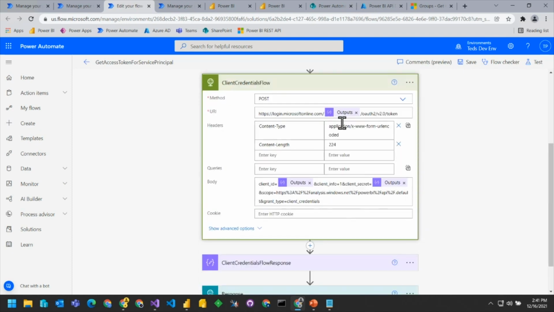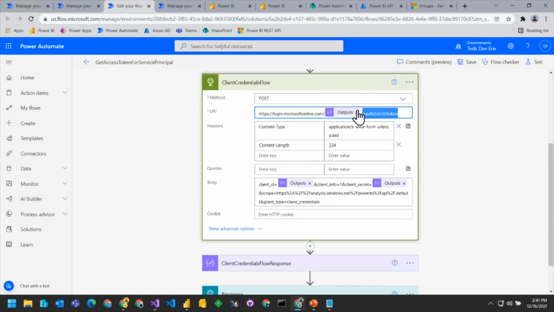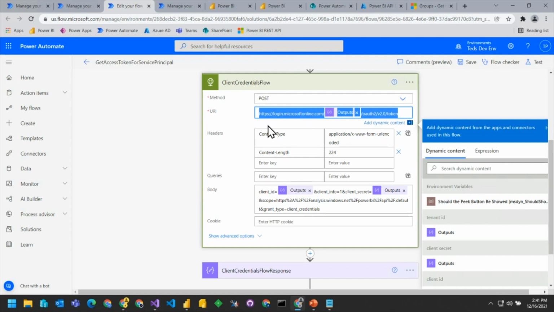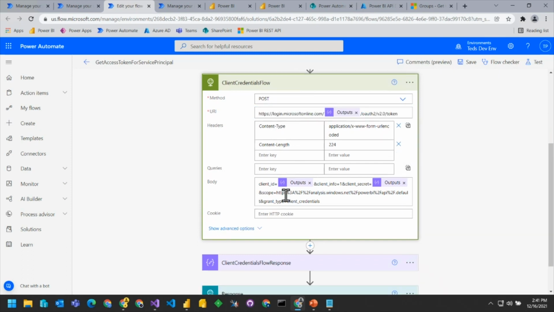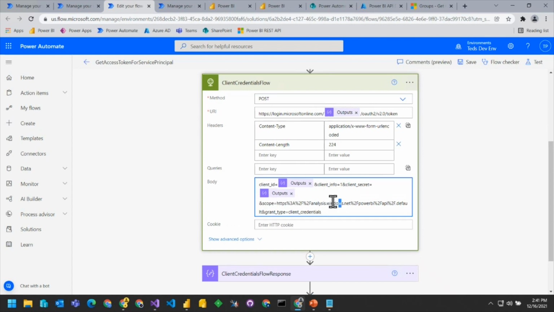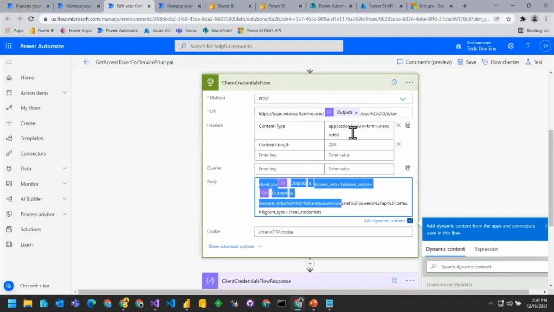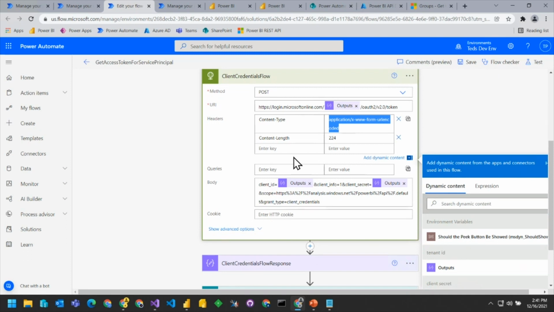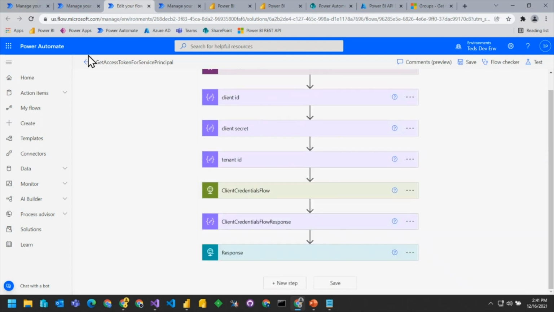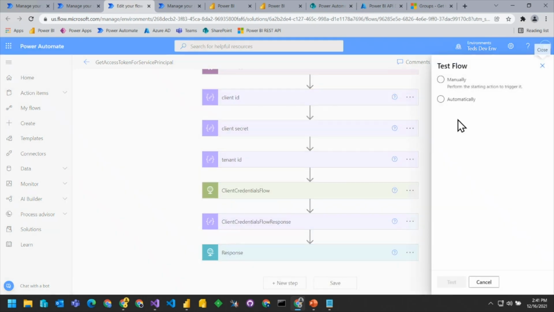And when we run this right here, it's going to send a post right up against Azure AD. It turns out that this is an endpoint that you use to get access tokens, and it's wide open. You don't need authentication to call this. But the idea is that we're going to call this inside here, and then there's a bunch of complicated stuff we have to put inside the body, because we have a content type of application/x-www-form-urlencoded, great stuff. But the idea here is, let's go ahead and run this right here.